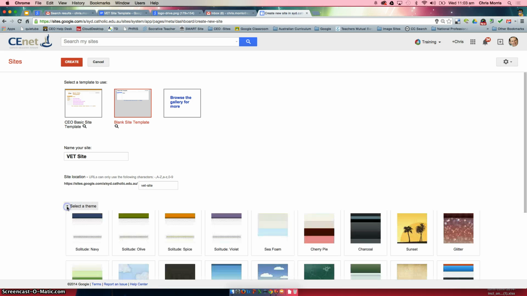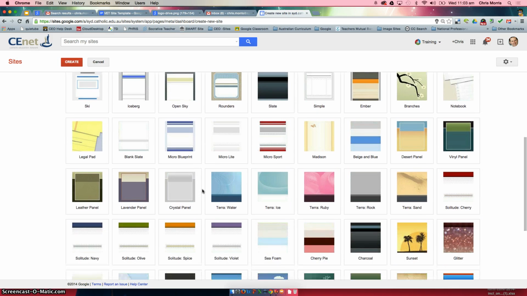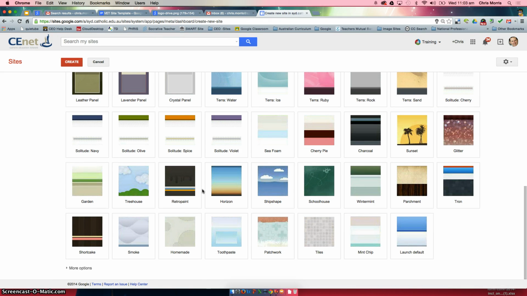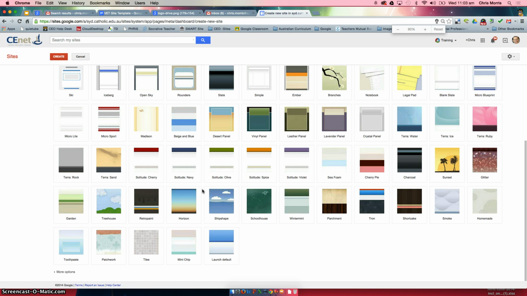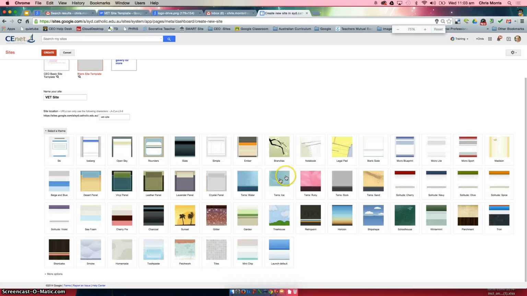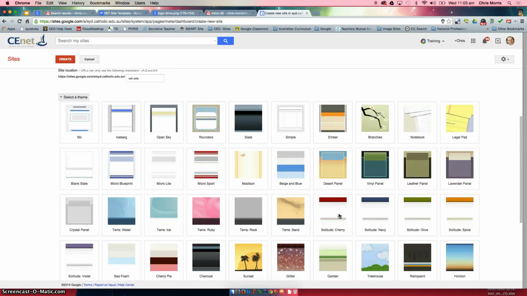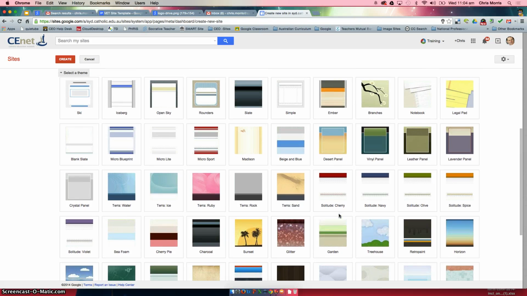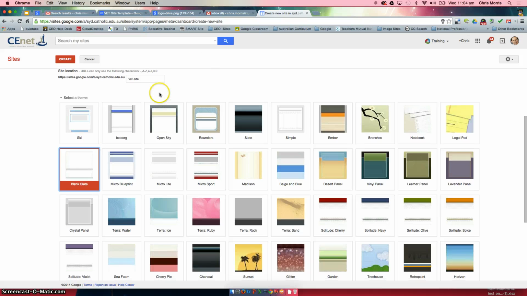There are themes. Again, this is the look and feel of your site. We could just go with a standard theme, but give schools the opportunity to obviously go in and tailor-make that as they see fit. For kids using Google Sites as e-portfolios, they go in and they change all the colours and backgrounds, and that's nice for them. So we'll just go with something fairly straightforward at the moment. Go with a blank slate, and